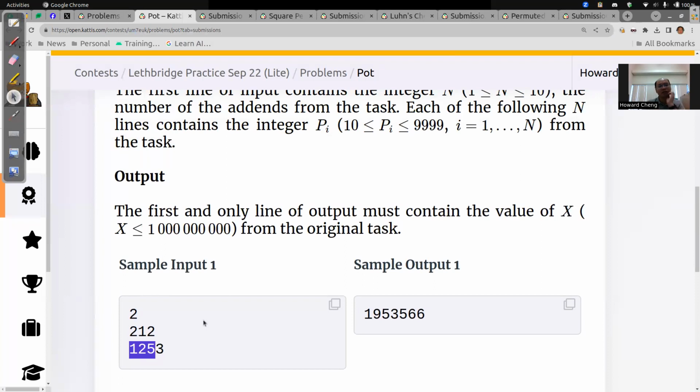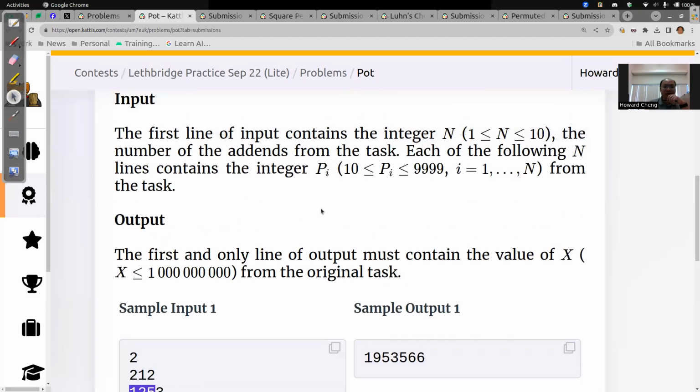So the last digit is the exponent, and the first part, except the last digit, is the base. So you have to take each of these numbers apart, do the appropriate exponentiation, and add things together. Now if you think a little bit about this, it says that there are